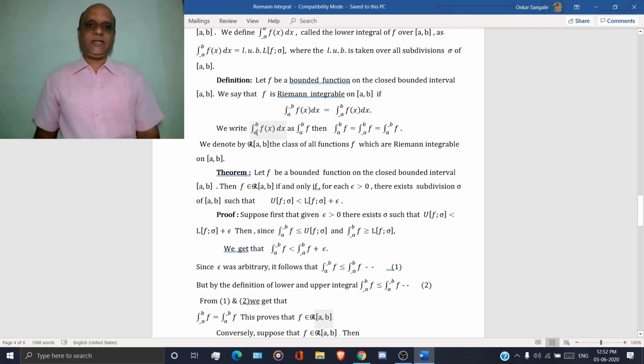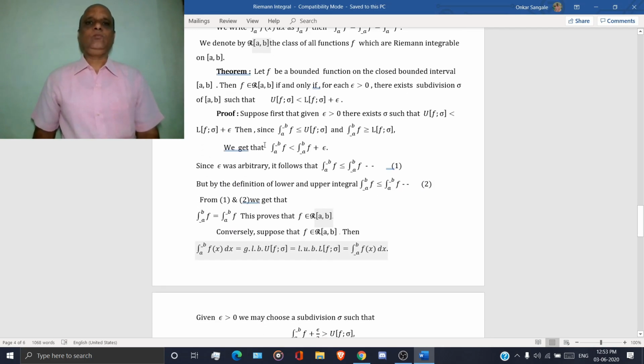We also write integration a to b of f of x dx, in short form, as integration a to b of f. Then the same can be defined as: integration a to b of f is equal to lower integral a to b of f, which is equal to upper integral a to b of f. We denote by R[a,b] the class of all functions f which are Riemann integrable on the closed interval AB. Then we have